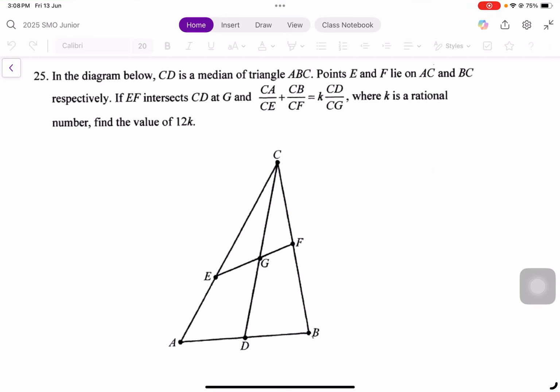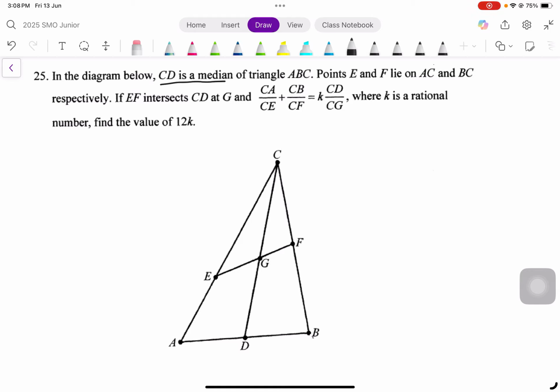Okay, question number 25. In the diagram below, CD is the median. That means it is from the vertex joined to the base, and it bisects the base. Points E and F lie on AC and BC respectively. If EF and CD intersect at G,